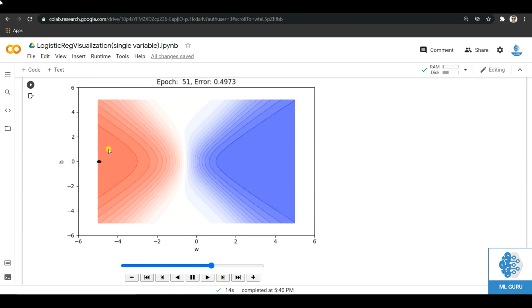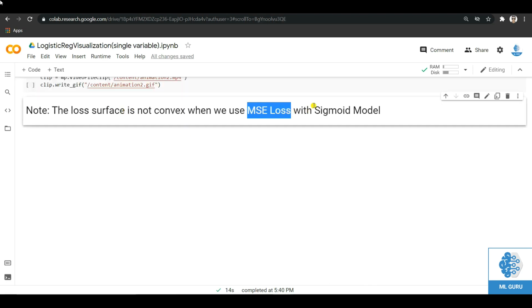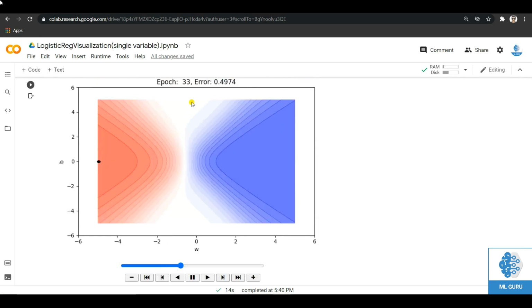This is one of the problems when we are using the mean squared error loss function with a sigmoid model. Those of you who know machine learning or have been studying it for a while will know that we usually use the cross entropy loss with the logistic regression function. So here is the note that when we use the mean squared error loss function with a sigmoid model or your logistic regression model, your loss function is not convex, meaning a convex loss function is one which has just a single minima, the global minima.